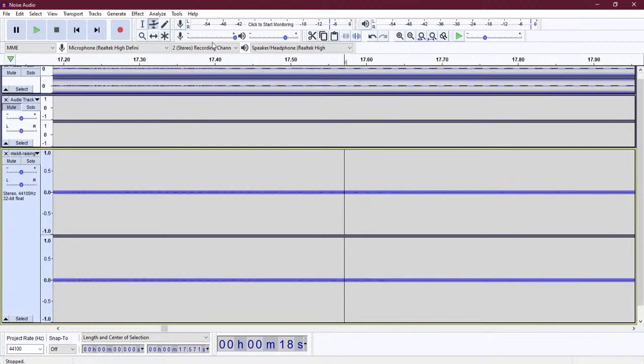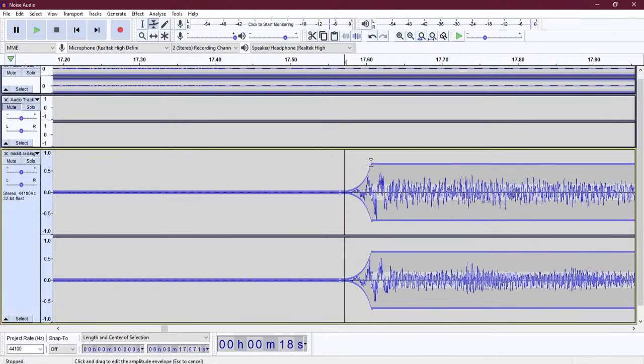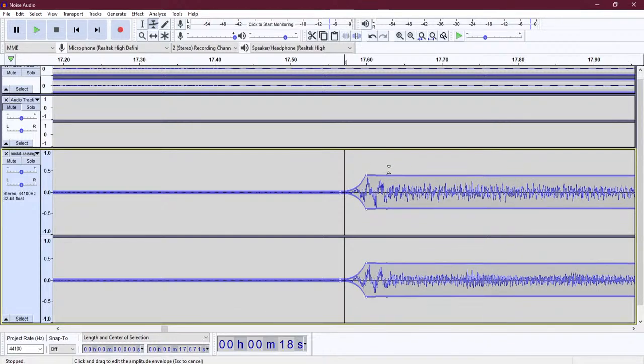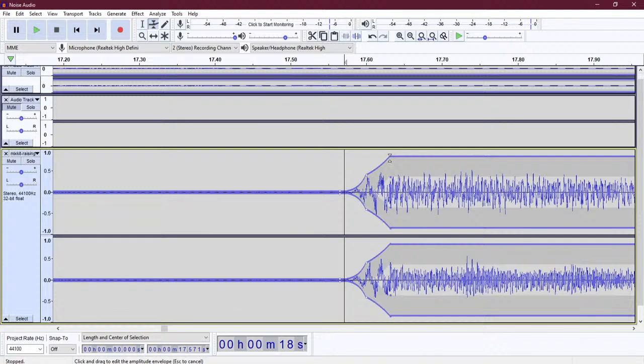Take the envelope tool, and here I will click on the first spot, then the second spot I will click and drag it up to make it increased. Okay, and then gradually, I don't want to increase it all at once. I have to create a smooth transition so it will smoothly go back. Okay, now if we play,